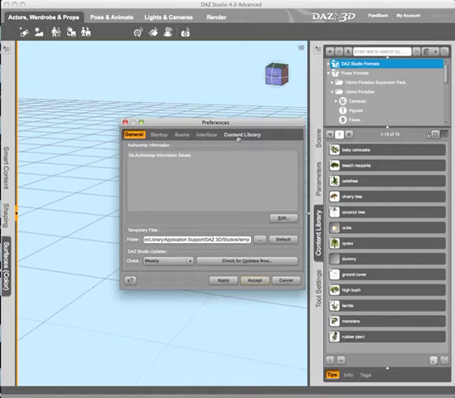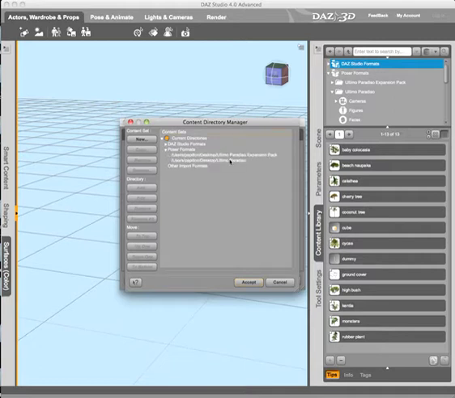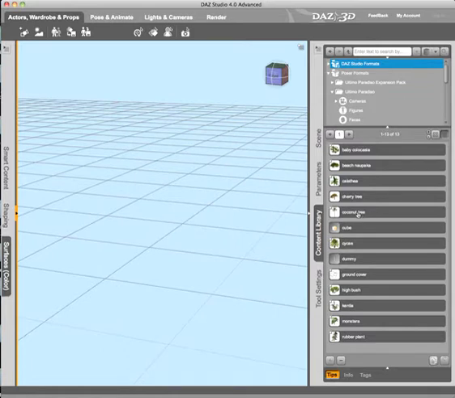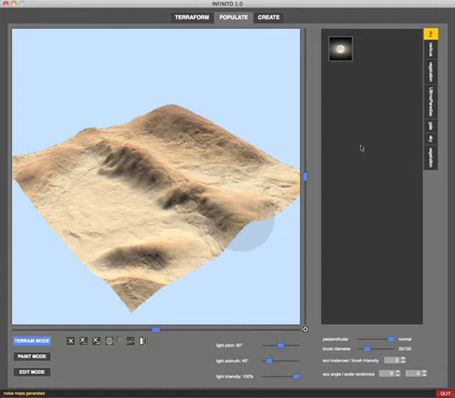if, in this case, in my DAZ Studio installation, I have the Ultimo Paradiso and Ultimo Paradiso expansion pack products available, then as you can see, I have in fact all the props listed in here in the content library. This means that Infinito will allow me to use all of those props, and there are no restrictions whatsoever. If you have 1, 10, 100 different runtimes installed, you will be able to populate your terrain using all the props that are available in